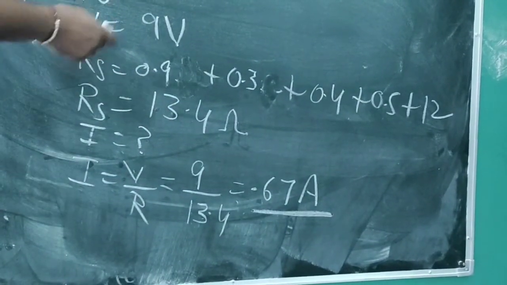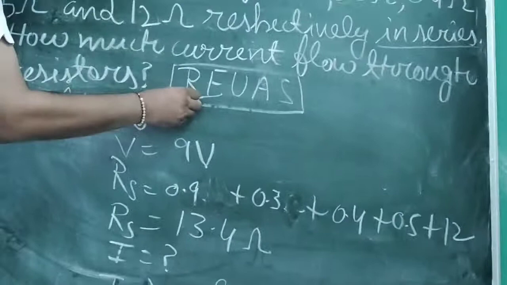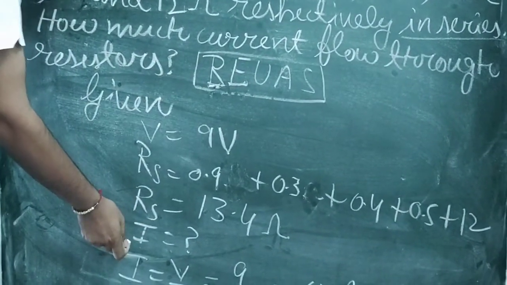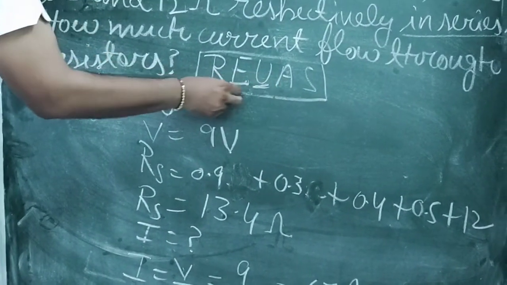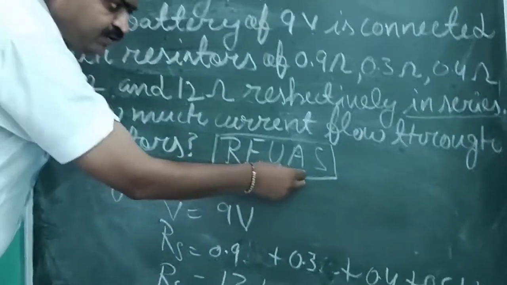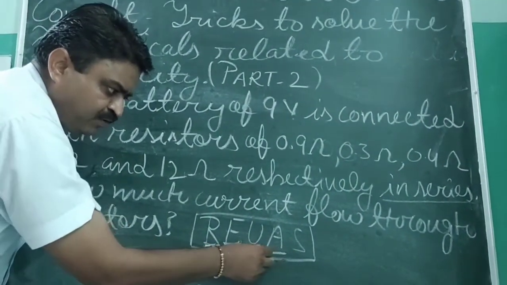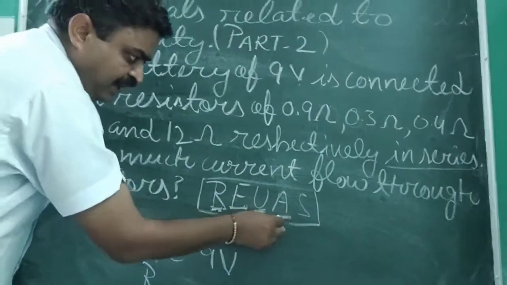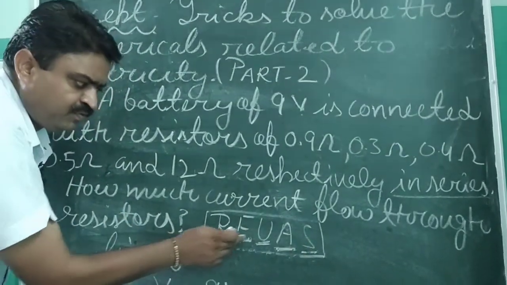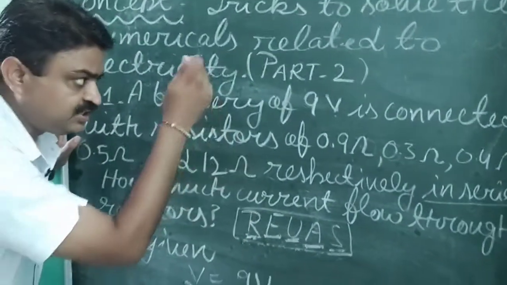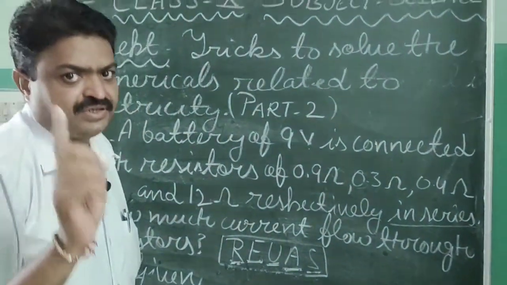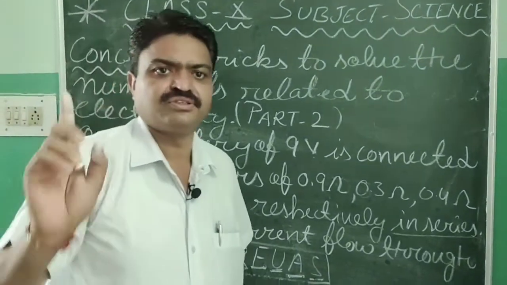So first what will you do? You will read the question once or twice. After that you find the given quantity. After that you understand what the question is and what is asked in the question. After that you apply the formula. In that applied formula you put all the quantities, and after putting the quantities you solve it. So with the help of this trick, you can easily solve the problems related to physics. So it is the trick. Now we will do the next question.